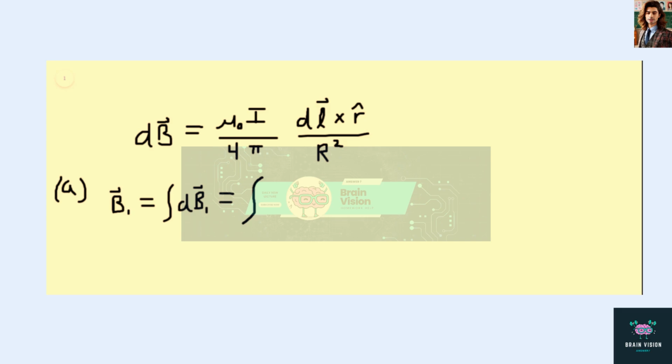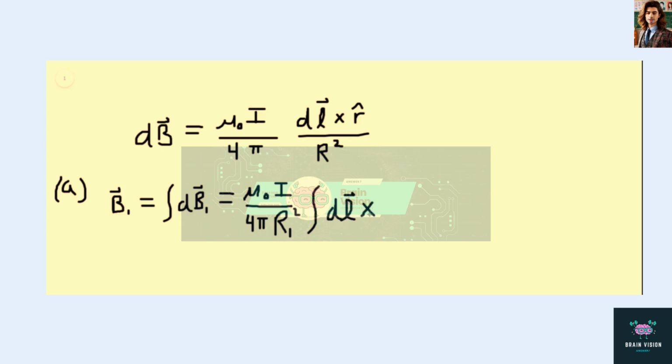I'm going to pull out some things that are constants outside of the integral. So we have mu naught times I over 4 pi times r squared, but the r in this case is r1 because we're considering the top semicircle. So this is times r1 squared. And then in the integral, we have dl